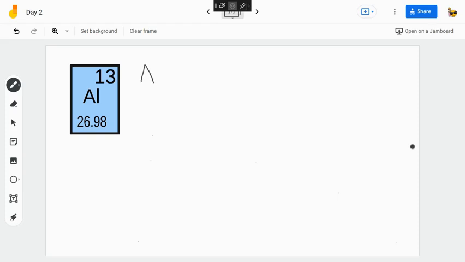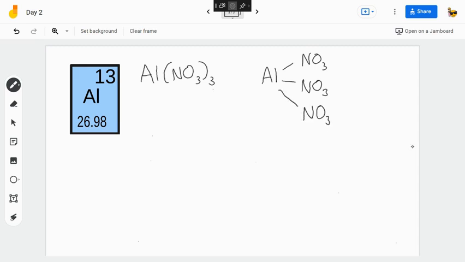Okay, let's do another compound, and we'll do the molar mass. Aluminum nitrate. This is the compound aluminum nitrate, and these parentheses actually mean this: the aluminum has 3 nitrates attached to it. If you think about it that way, it'll help you from making some common mistakes. The common mistakes are to forget that it's 3 times 3, or 9 oxygens, not 6, and 3 times 1, or 3 nitrogens. So sometimes we forget that we're multiplying, and sometimes we forget that the subscript outside the parentheses belongs to all